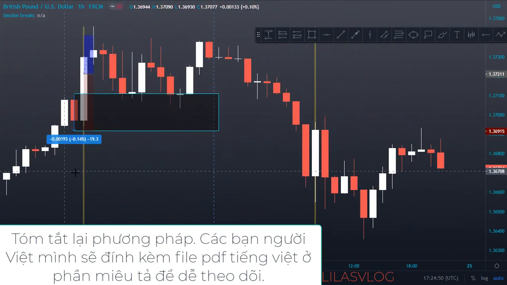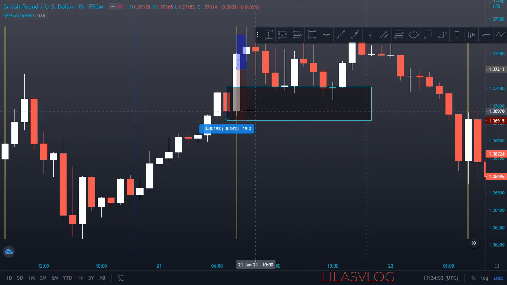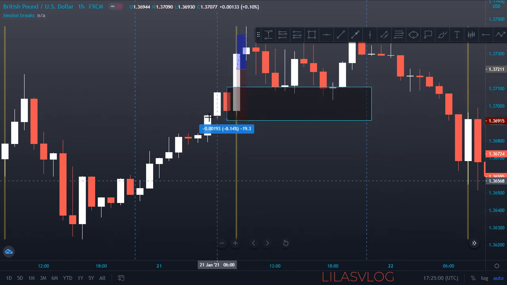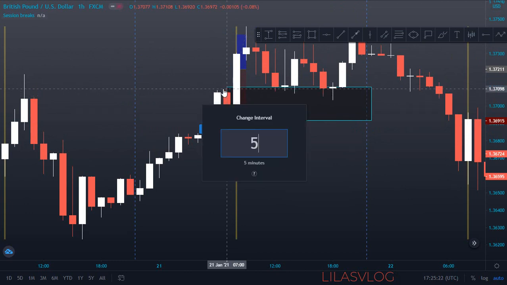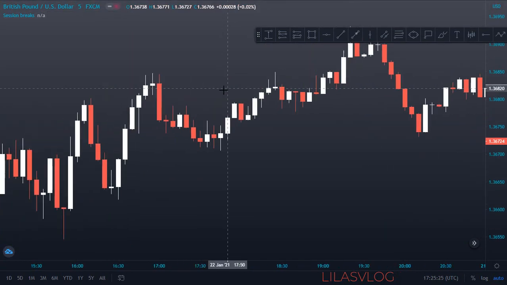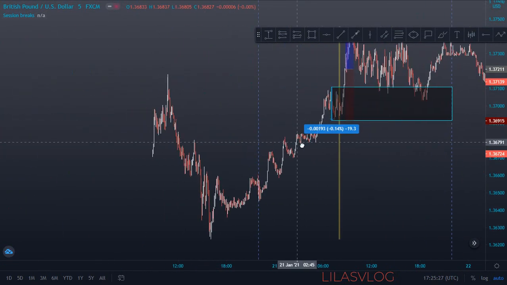You will need to draw a rectangle box marking the highest and the lowest price of 7 a.m. of London session. You will notice this because the yellow line is the opening price, so you need to mark the candle previous to the yellow line. The second step is to go to the 5 minutes time frame